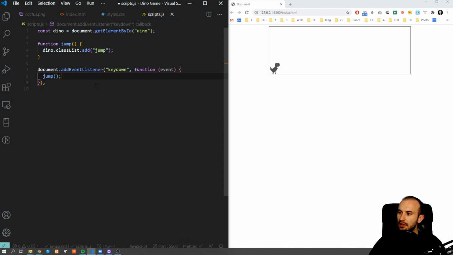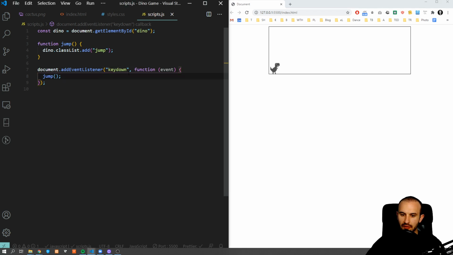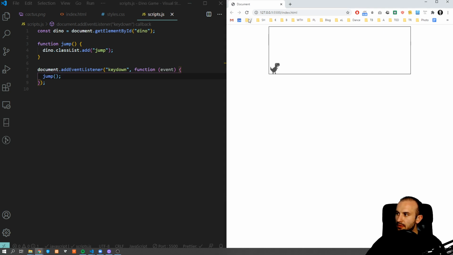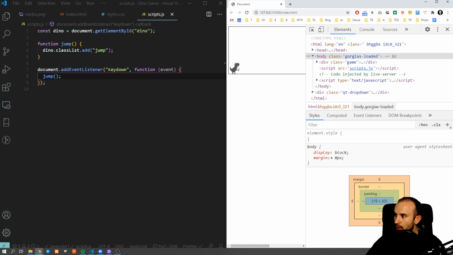So basically on any key press currently, regardless of what I press on the keyboard, it will jump. Obviously we could specify a specific key code for space or for enter or for whatever. I'm gonna leave it like this for now, but what is important is that now it's jumping only once. So every time I refresh the page, it jumps only once, and this is because obviously once we add this,